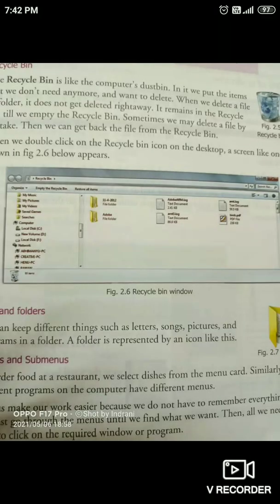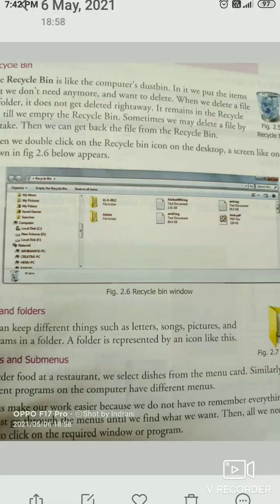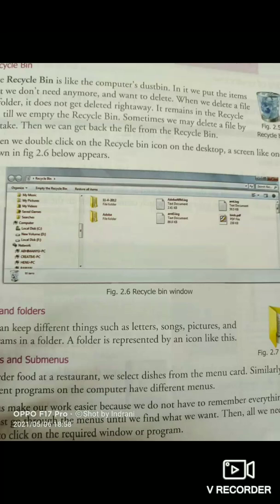Next icon is the recycle bin. Recycle bin is, you can say, the dustbin of the computer. In an original dustbin, we put all the garbage, all the waste products. Like this, all the items that we don't need anymore in the computer, or want to delete, will be kept in the recycle bin.